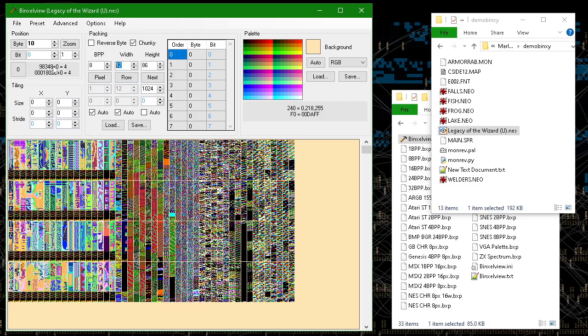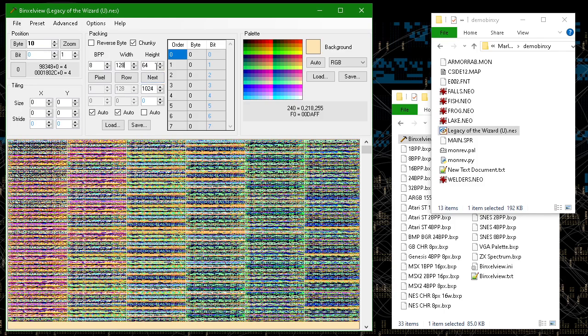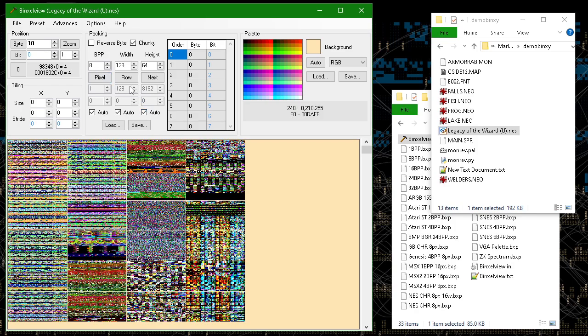But I also mentioned that you can just inspect the data in the file width. So let's use a generic size, like 128 by 64. Let's turn auto back on, so the spacing is correct. Usually you want auto when you're messing with these. You turn it off once you've figured out the format and need to adjust and not do something contiguous. But look at this.